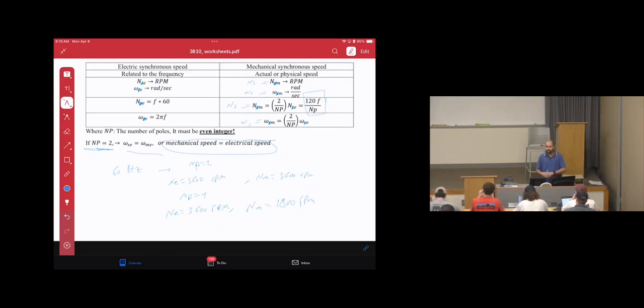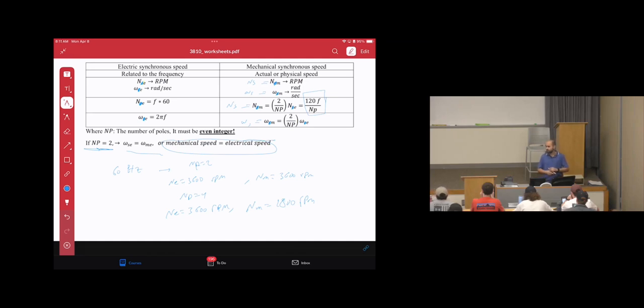How about omega and N? Omega and N are the same speed, but in different units: radians per second or RPM. In electrical engineering, when we do the electrical parts, we prefer to use radians per second. While when we do applications in mechanical engineering, we use units that make more sense to us than radians per second, which is the